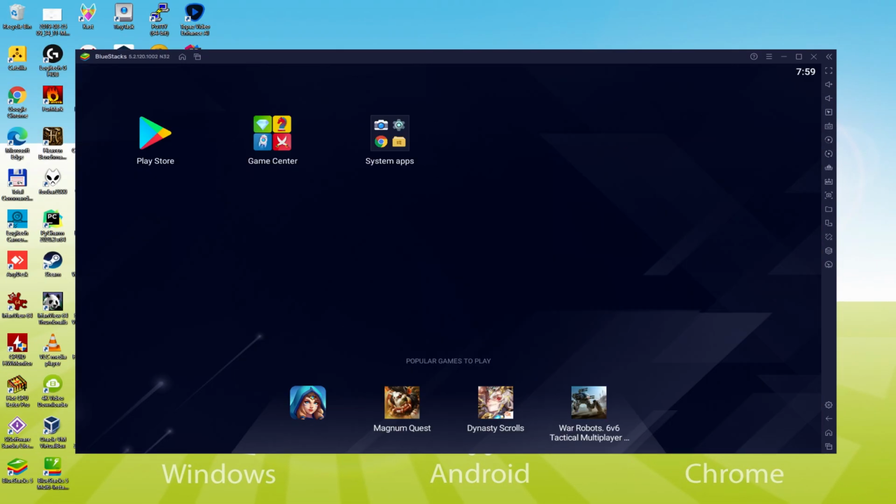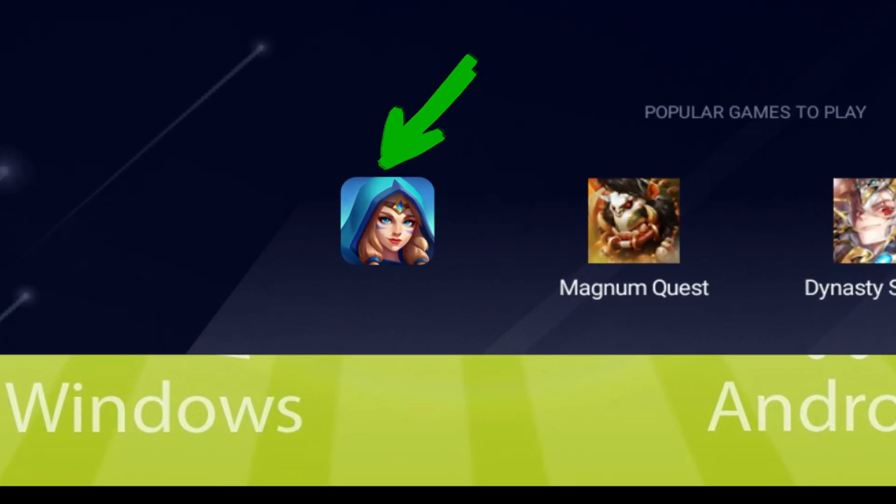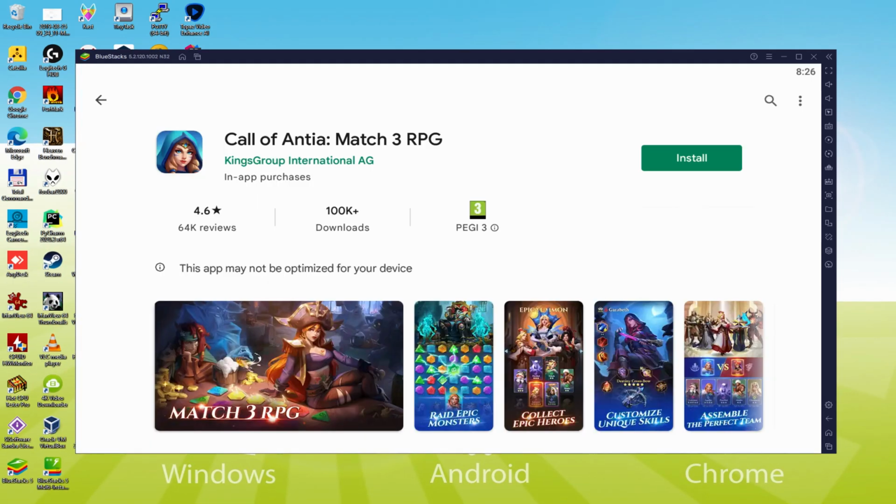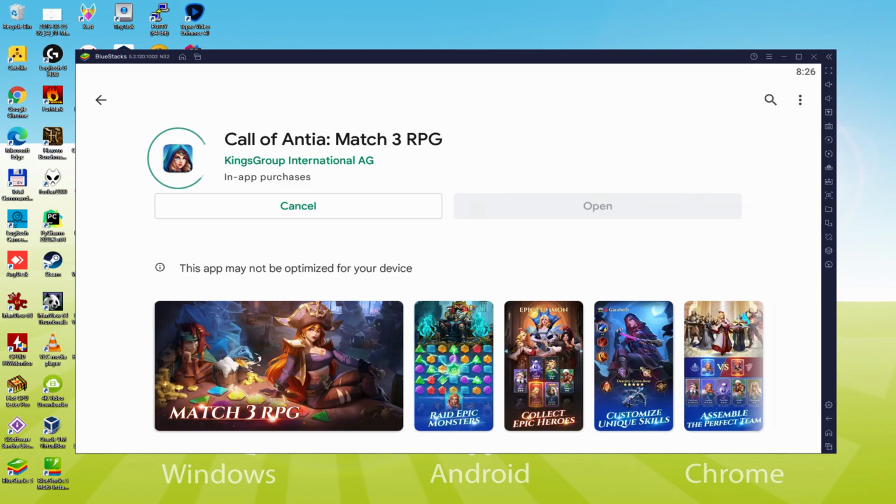Now that we are exploring the desktop of this emulator for Android, we see that we have right here the Install Game button. We click on that button. At this point we access the game. Let's click here on the Install option that I'm displaying now in green. This will initiate the setup. Presently it will download and install the game. It will take a little while, or it may be very fast. It all depends on the internet connection.